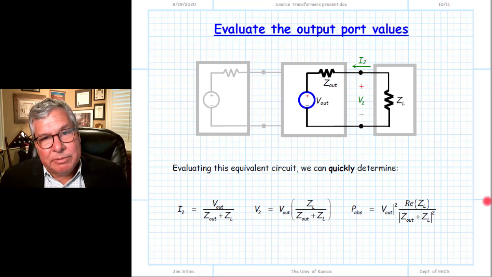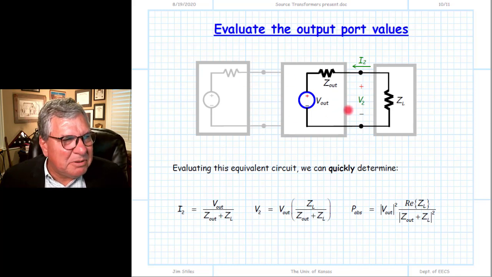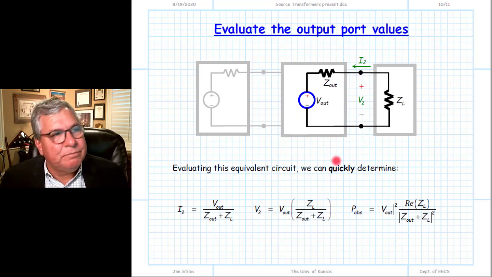From that, of course, we can determine the rate of power flow, the rate of energy flow rather, across this interface, the power that we have out of, and sometimes people say it's out of the two-port device. Again, it's really out of everything to the left. What's coming out of everything to the left is what's being delivered and is now absorbed by this load. That's the rate of energy flow across this plane, and that's the absorbed power by ZL. And of course, we can determine that if we know what I2 and V2 are, then this gives us the